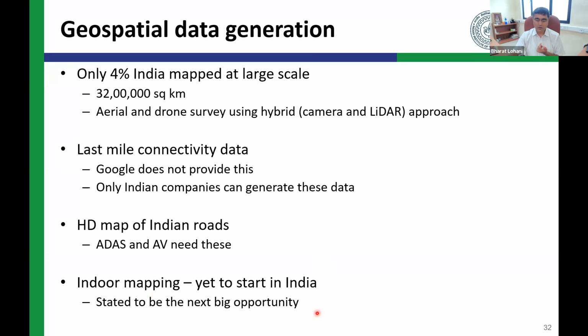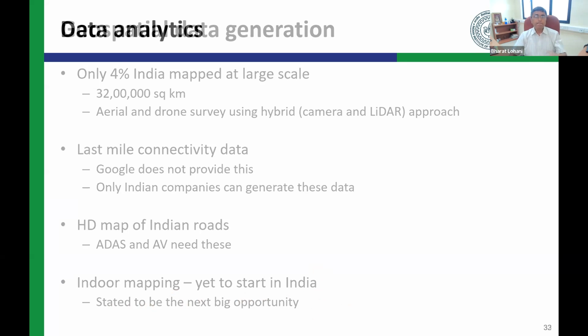I'm aware of Facebook's work because a friend of mine works there. They are generating a very small mapping system which you can carry on your back. As you walk in the building, through SLAM, the map of that entire indoor will be generated. And of course, once the data is collected and the map is generated, you make that map in a very light form, a vectorized form, and store it. So this indoor mapping is also a big opportunity in India. And anyone who is looking at the market in the next 3-4 years, that's the area.